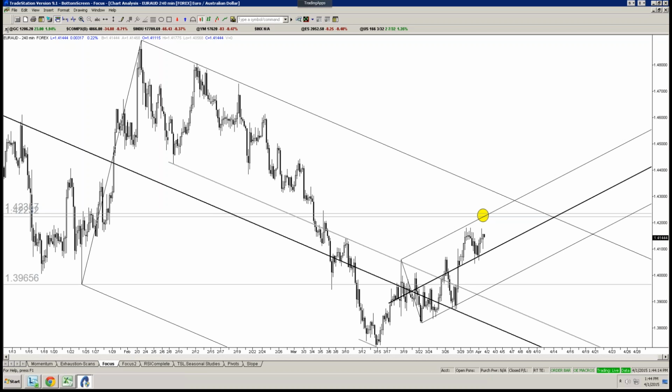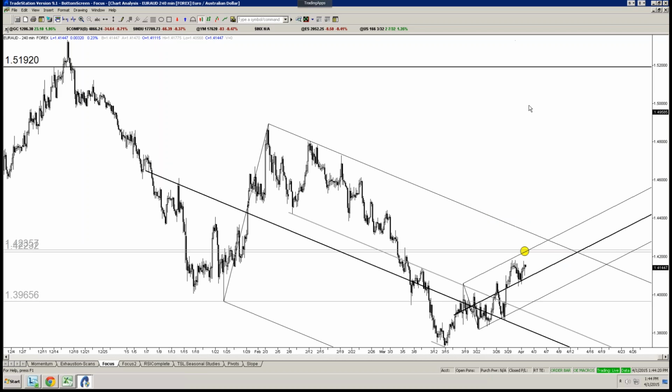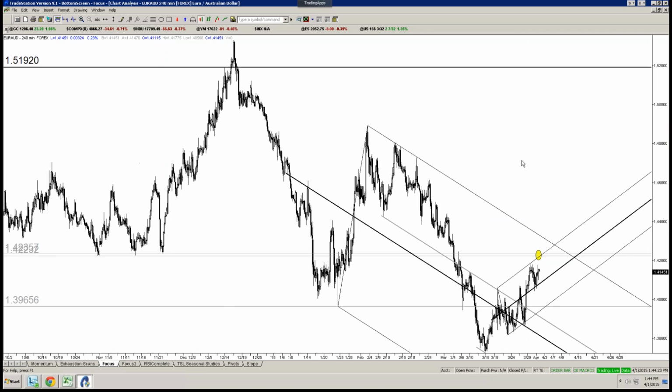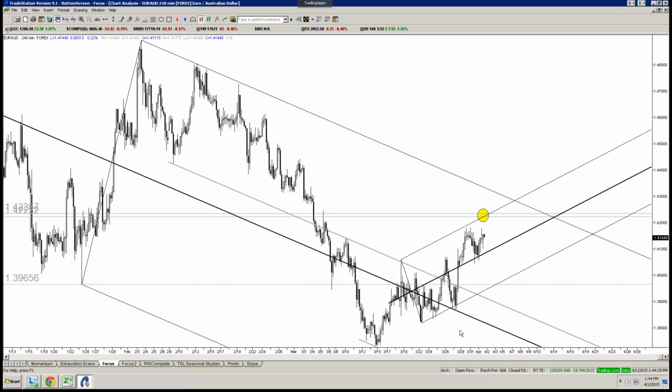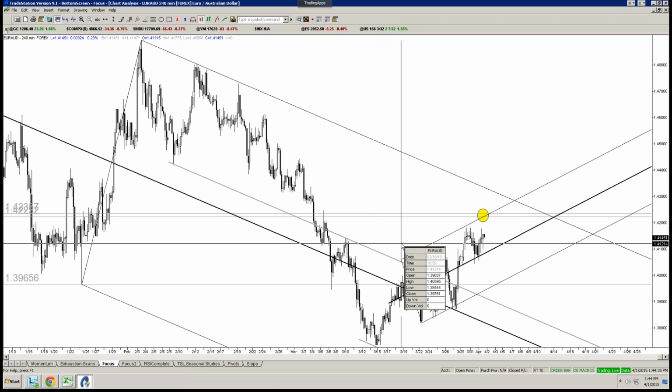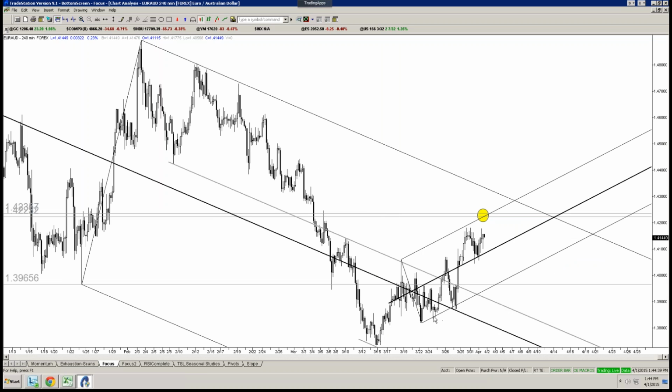Right, so this is the chart right here. It's a 4-hour Euro Aussie chart. We have a short-term slope right here, using these 3 levels: low here in March, high from the 18th, low from the 23rd. You can see you had good support on it.